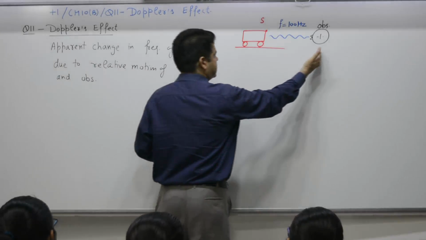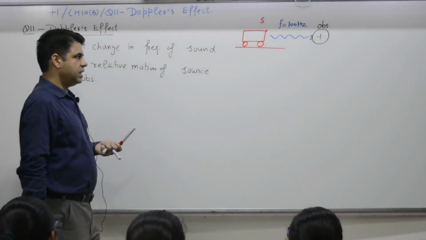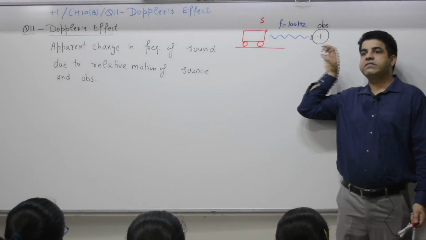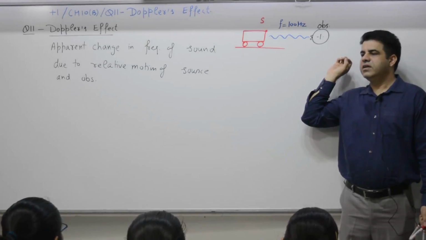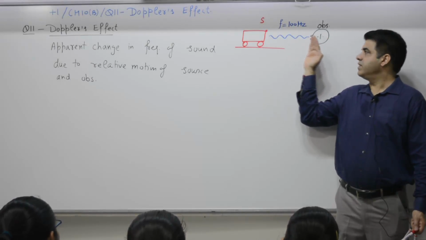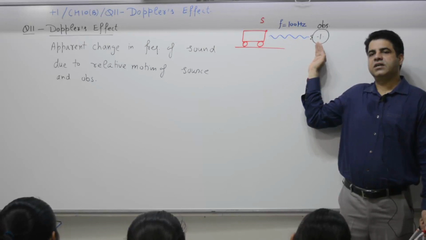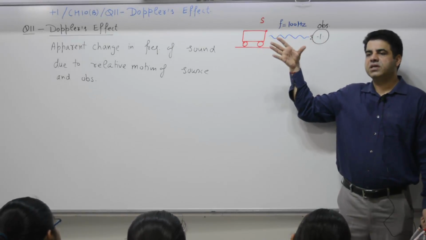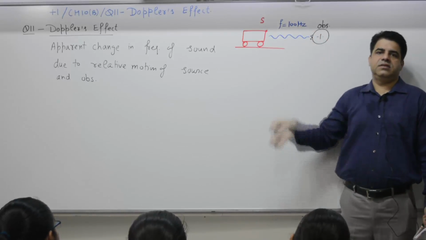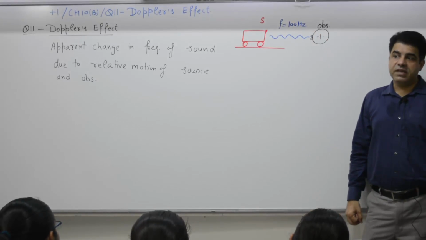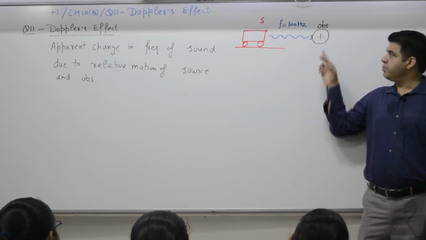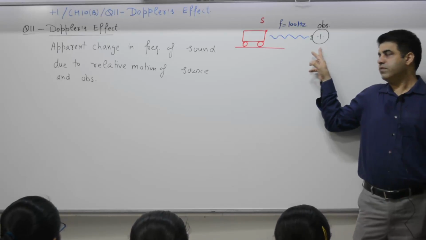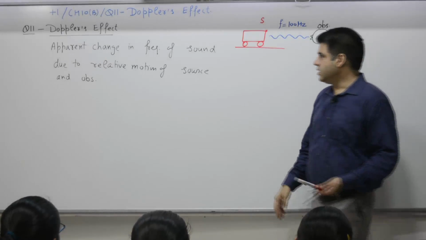But suppose the observer starts moving towards the source, then the observer will pick up more waves. Why? Because it is moving towards. If it is at rest, it will pick 100 waves in 1 second. If it is moving at a certain speed, say 10 meters per second, and every wavelength is 1 meter, it will pick up 10 extra waves. If it picks 10 extra waves in 1 second, apparent frequency is 110 hertz. So if the observer moves towards the source, it's equivalent